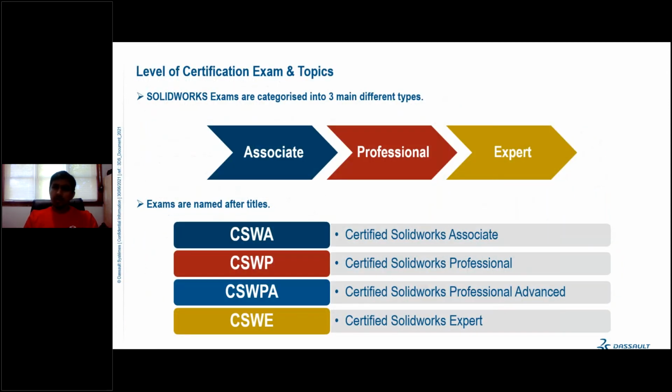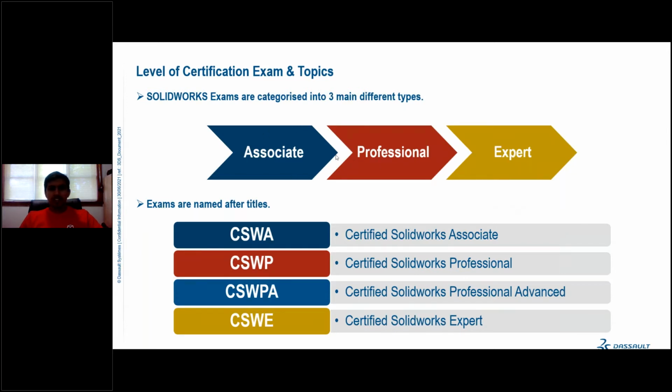So now we will talk about the certification exams, from the CSWA to how you can go for the CSWE. CSWA means Certified SolidWorks Associate, CSWP is Certified SolidWorks Professional, and CSWE is Certified SolidWorks Expert. So you can start your career in design with CSWA and go to CSWP.